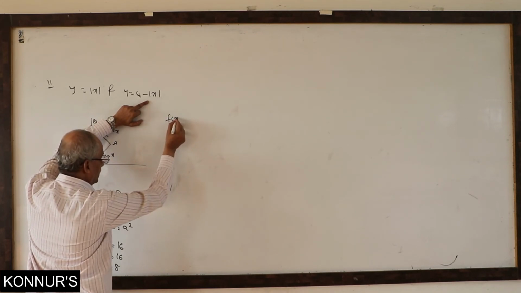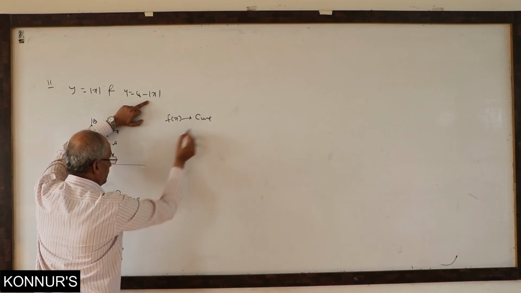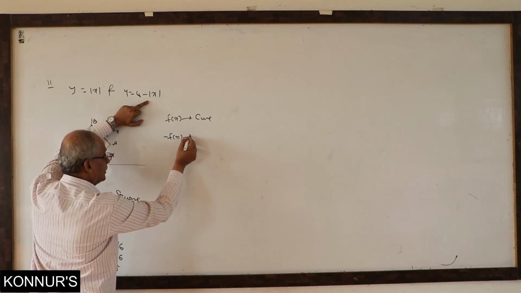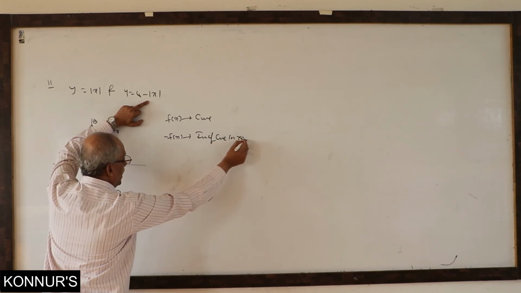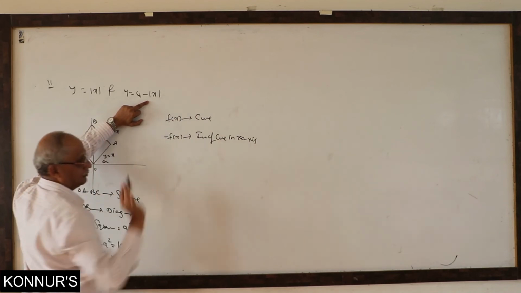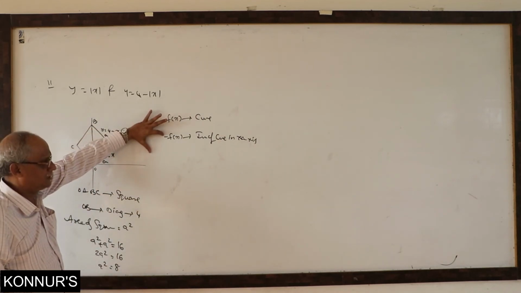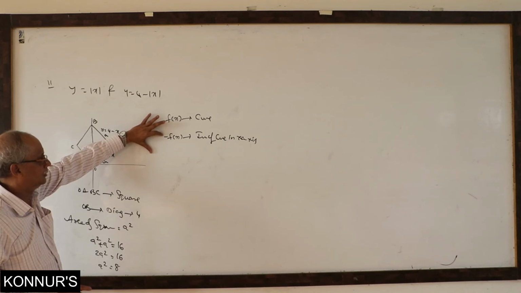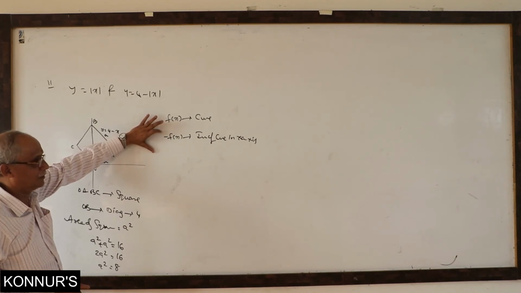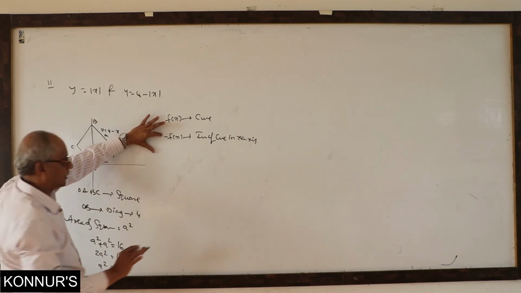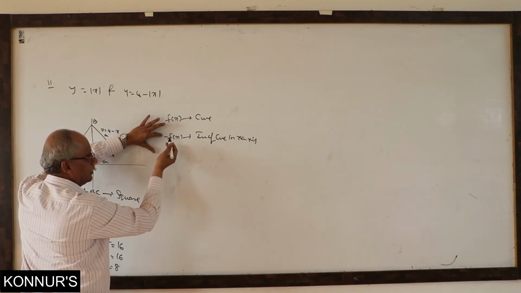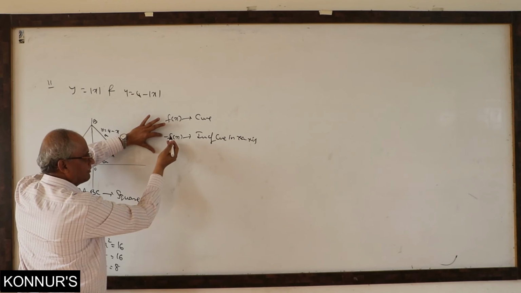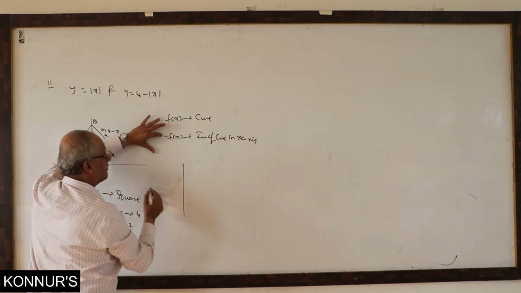F of x is the given curve. Minus f of x, how to draw? It is the image of the curve in the x-axis or y-axis according to the variable. Minus represents image. You will get this problem model in physics compulsorily. I will only give you the information. How do you get it in physics? In the light chapter: prism, refractive index of glass, concave lens, convex lens.